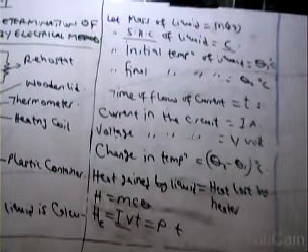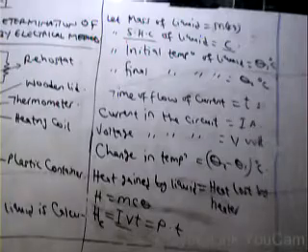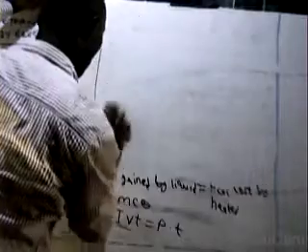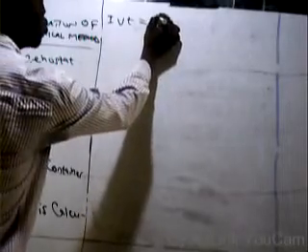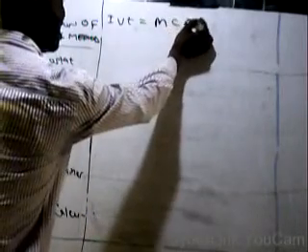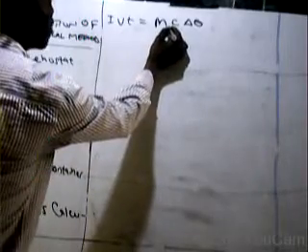So either of these two expressions holds. Then we can now rewrite this, to find our specific heat capacity, as: heat lost by the heater will be IVT. Heat gained by the liquid, because the liquid is going to gain heat so as to cause an increase in the temperature from θ1 to θ2, will be equal to MC change in θ. So this M is the mass of the liquid.